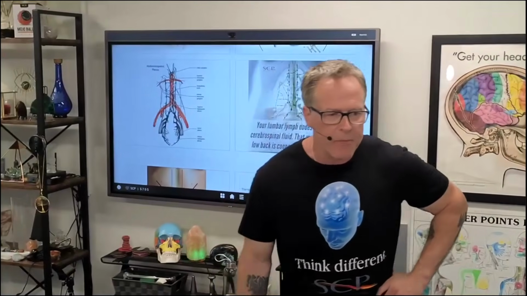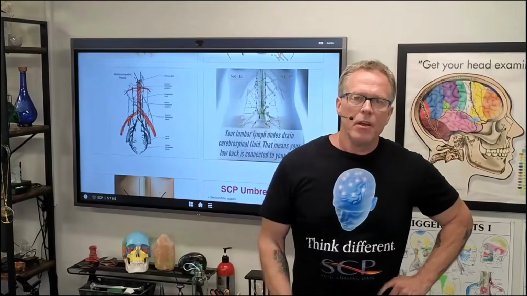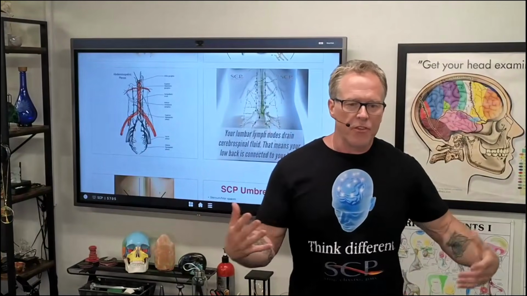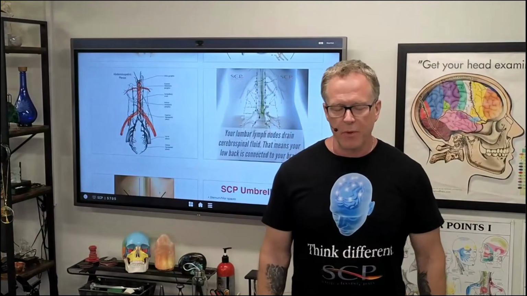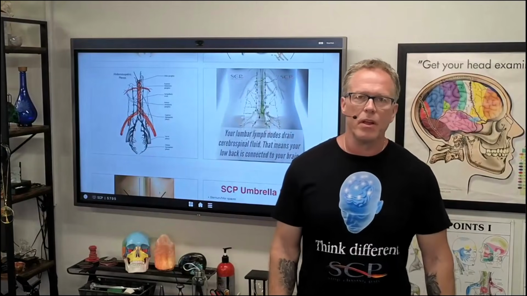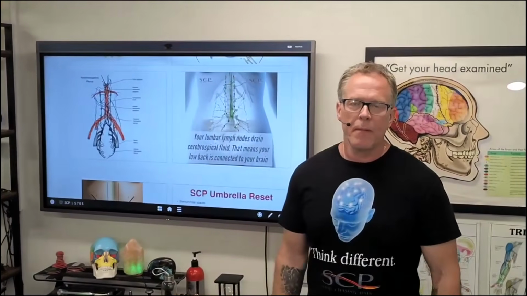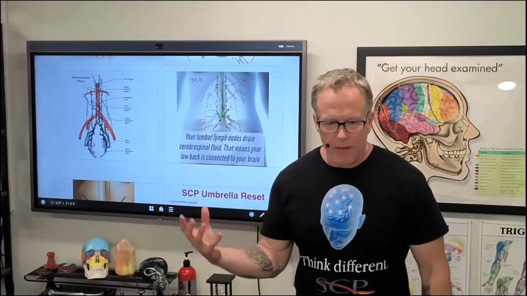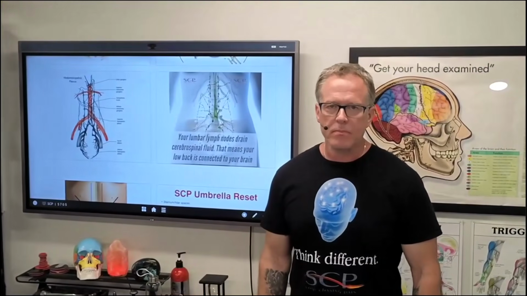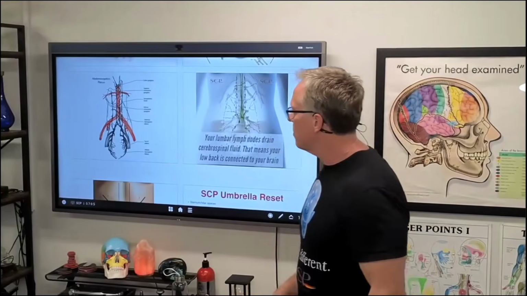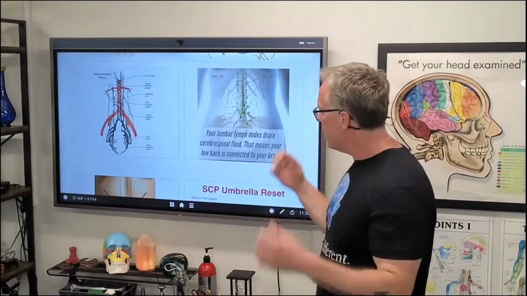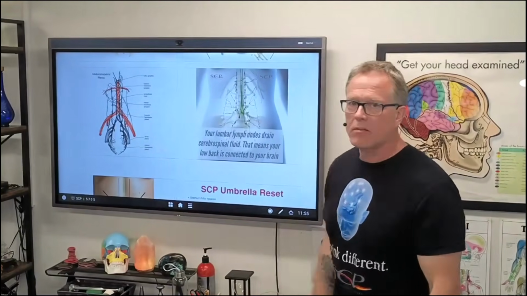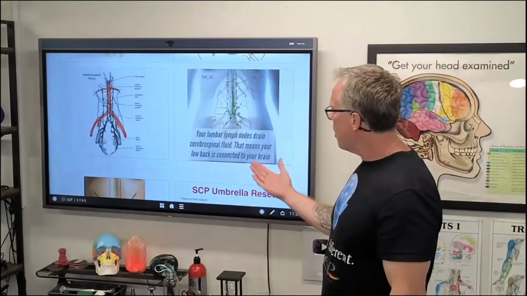They're called different names when they change consistency of what the material is. But arteries and veins interconnect. They're just called different fluid. Cerebrospinal fluid will be mixed in with the lymphatic fluid. You have your interstitial fluid that becomes lymphatic fluid. Okay? So they're all related to each other. What does this mean? Your low back is connected to your brain.